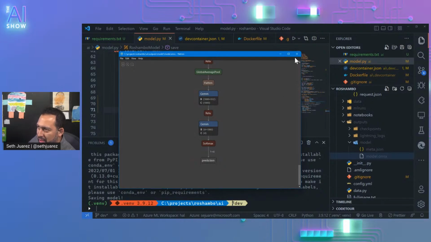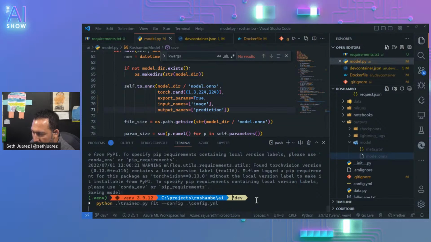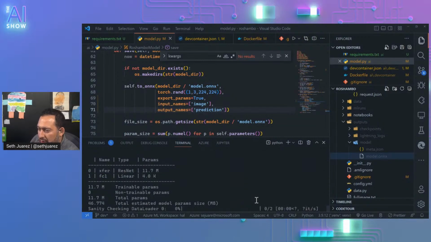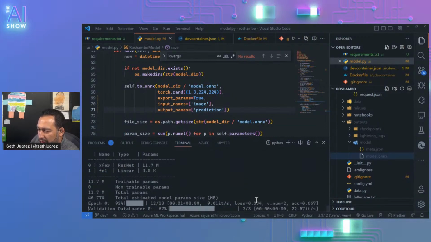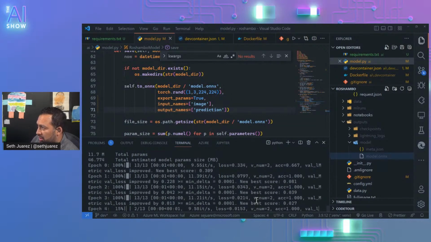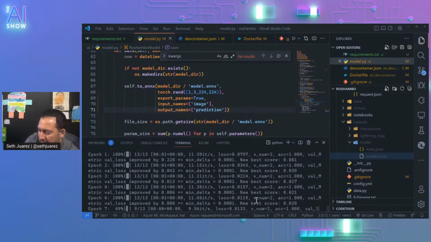Let's rebuild this one more time here. It's going. Oh, we're in the matrix. One more time. Let's get it going here.